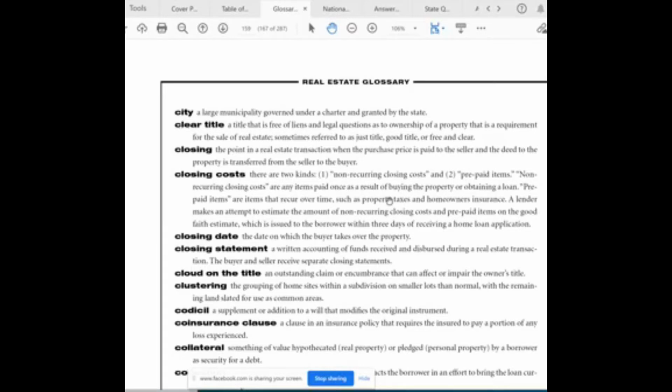There are two kinds of closing costs: non-recurring closing costs and prepaid items. Prepaid items are like,